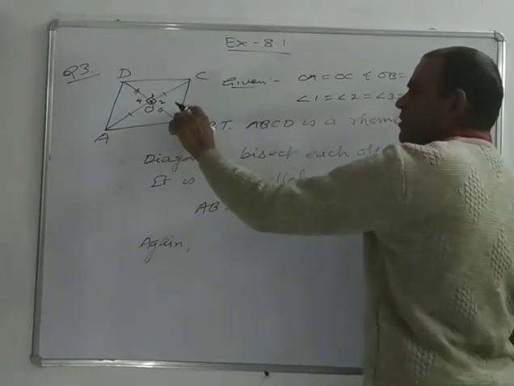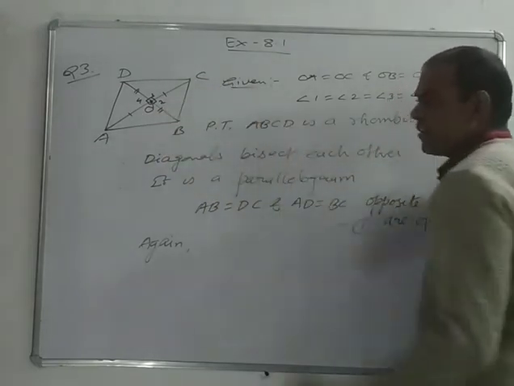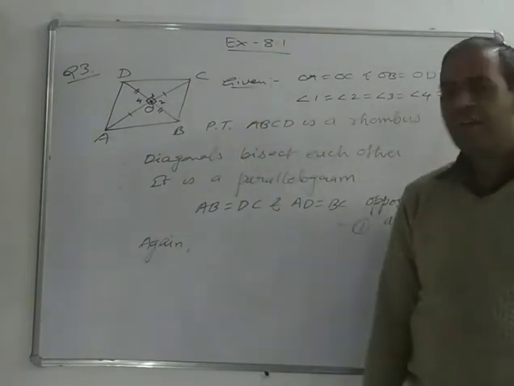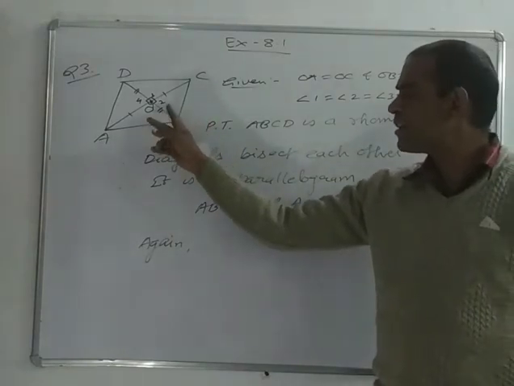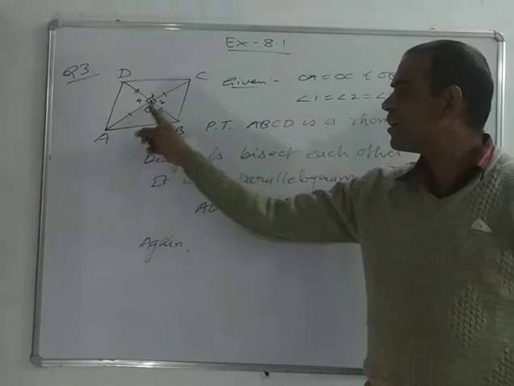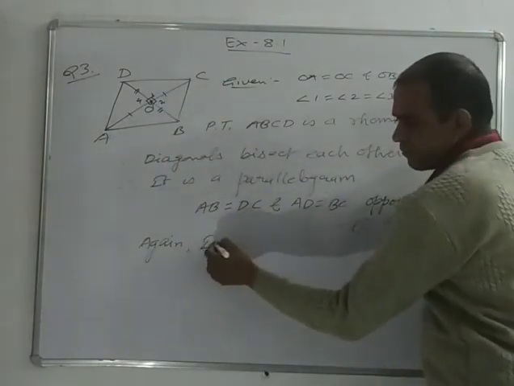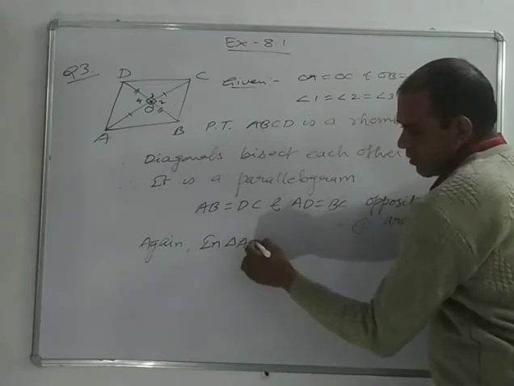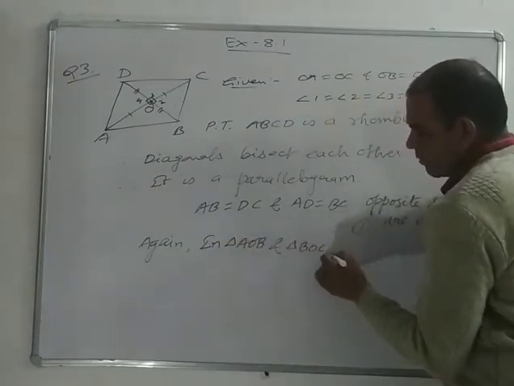For proving the adjacent sides, we are choosing the adjacent triangles and proving the congruence criteria of triangle AOB and triangle BOC. So in triangle AOB and triangle BOC,